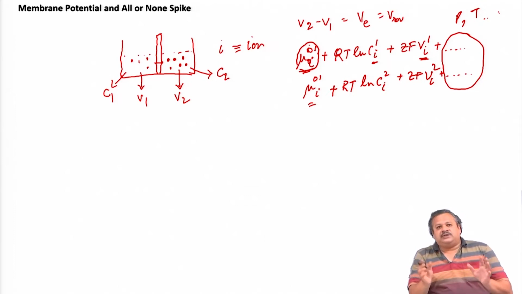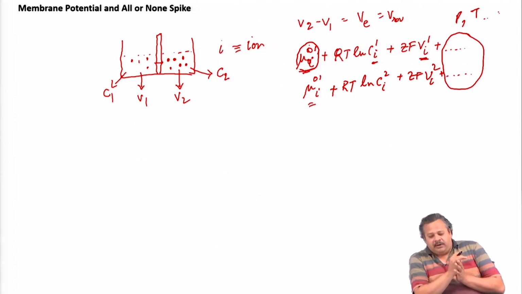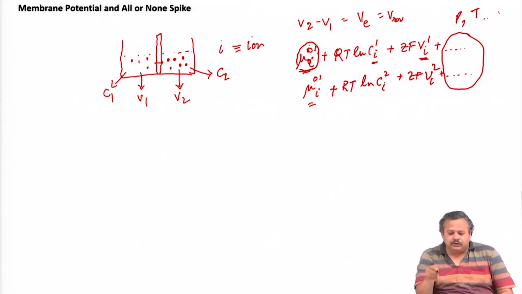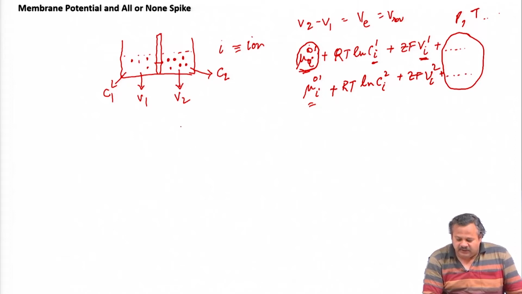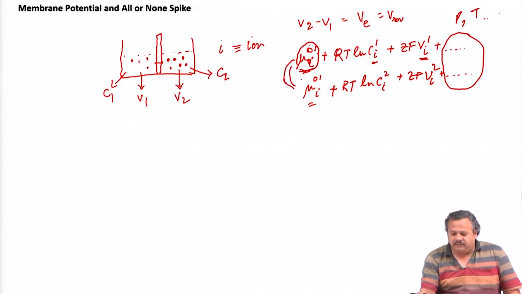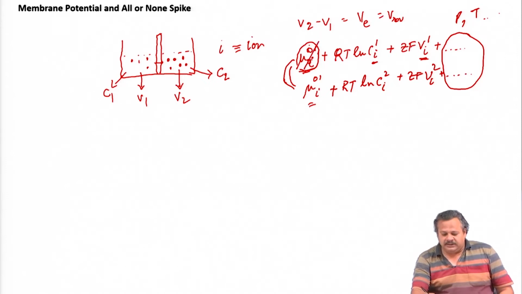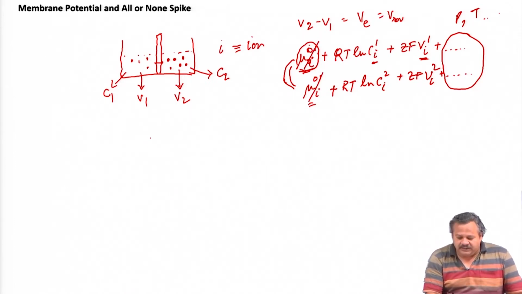So, when the ions on the two sides are at equilibrium, this electrochemical potential must balance out. If we equate the left hand side electrochemical potential to the right hand side, this mu 0 is going to cancel out, and we are essentially left with RT log